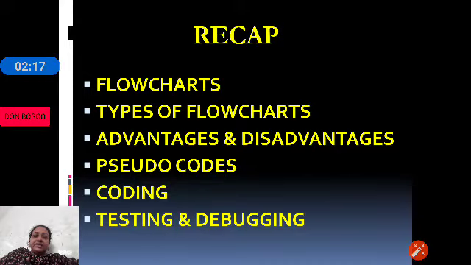System flowchart tells how the data flows in a data processing system. Then we discussed the advantages and disadvantages of flowcharts. Advantages tell that it is easy to understand, it is efficient, and the documentation and other things are easy. Conversion is easy.